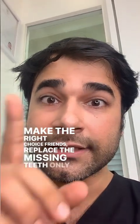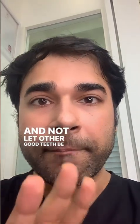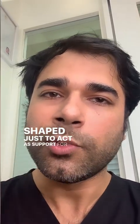Replace the missing teeth only and not let other good teeth be cut, trimmed, modified, shaped just to act as support for bridges or